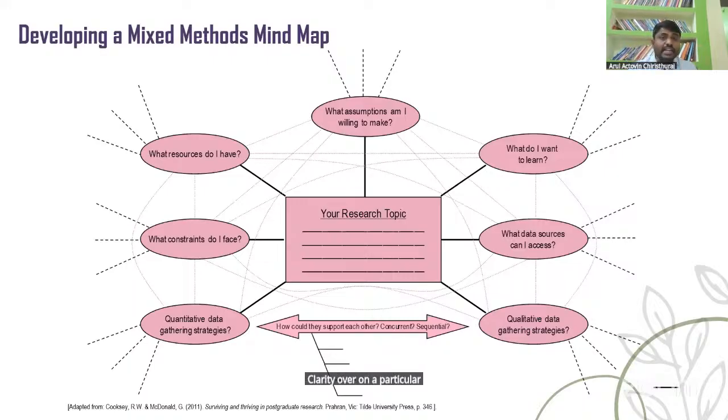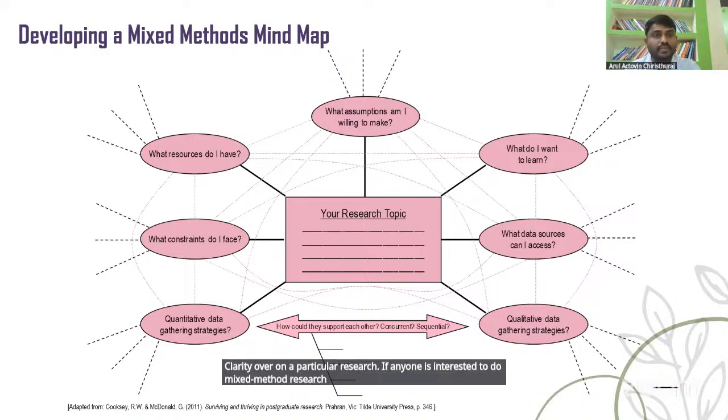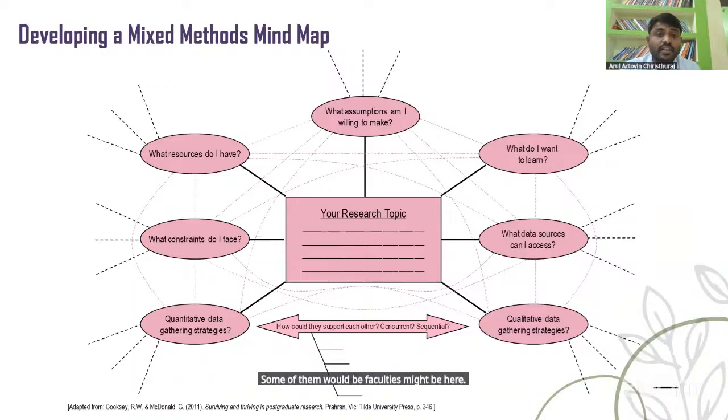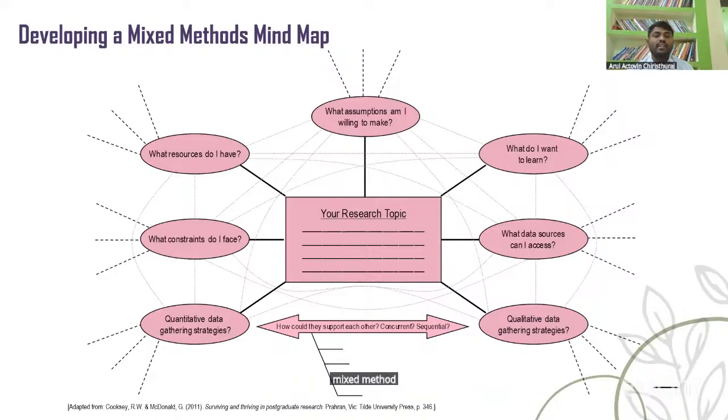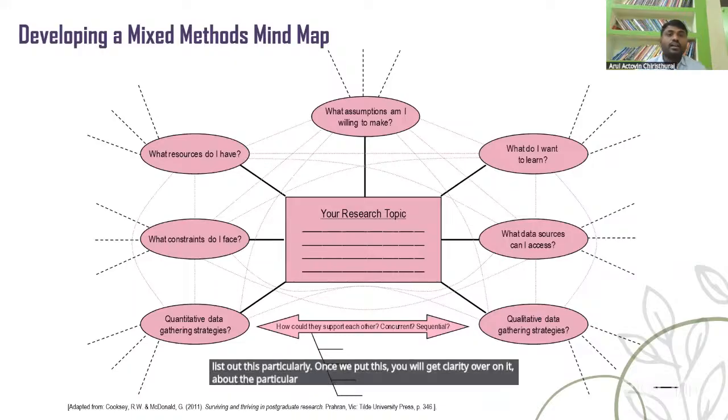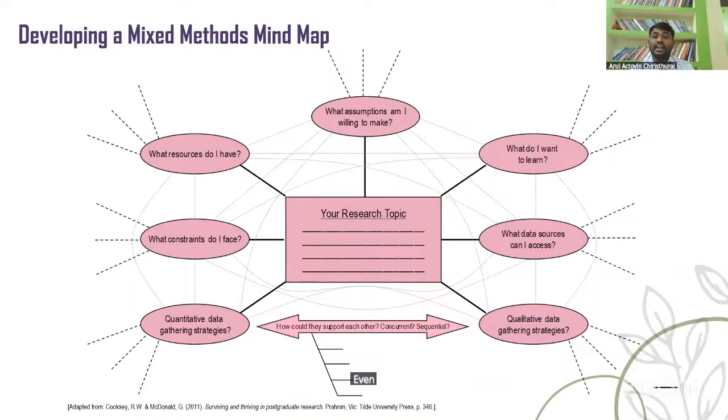If anyone is interested to do mixed method research as part of your PhD study or your project, some of you like faculty or researchers might be here, you can list this out. Once we put this down, you will get clarity about the particular mixed method, even your particular research design.